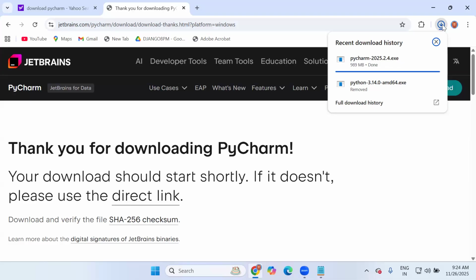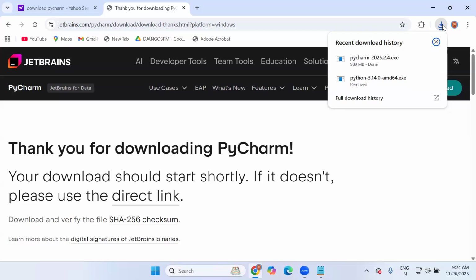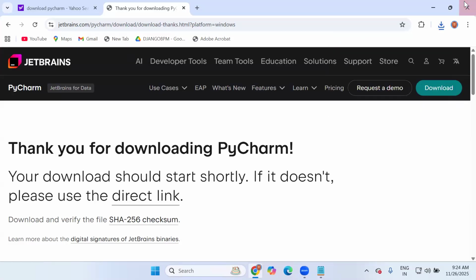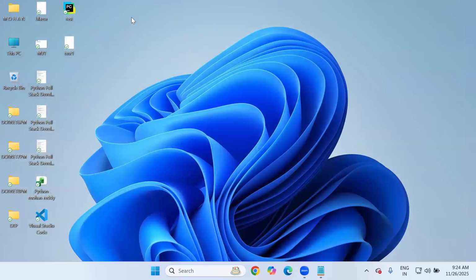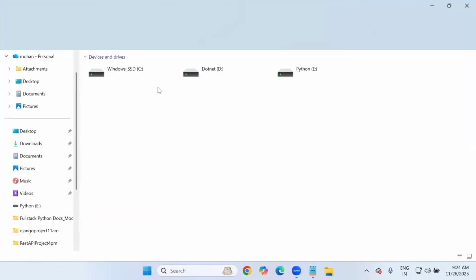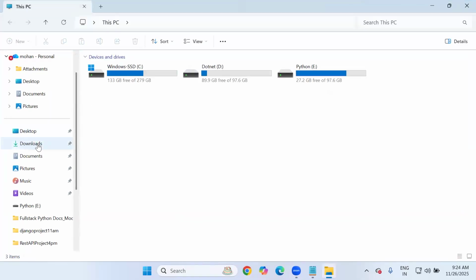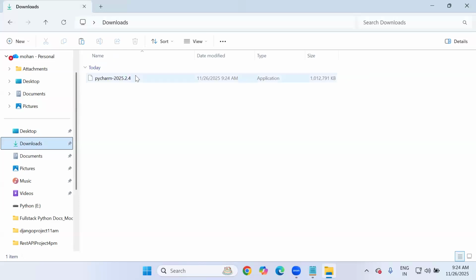Okay, now you can see PyCharm is almost downloaded. So it's done. Once it's done, close all the tabs and go to the downloads folder. Now you can see I'm moving towards the downloads folder. And here there is PyCharm 2025. Do you want to install this? Simply double click on this PyCharm